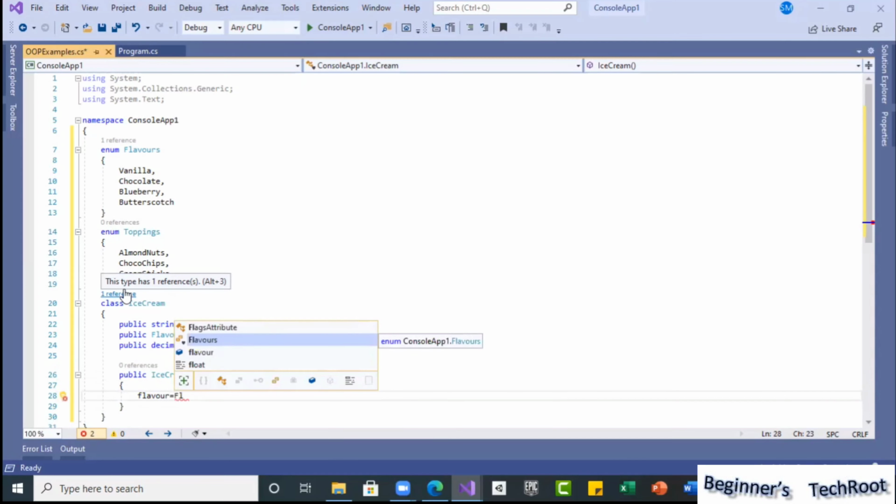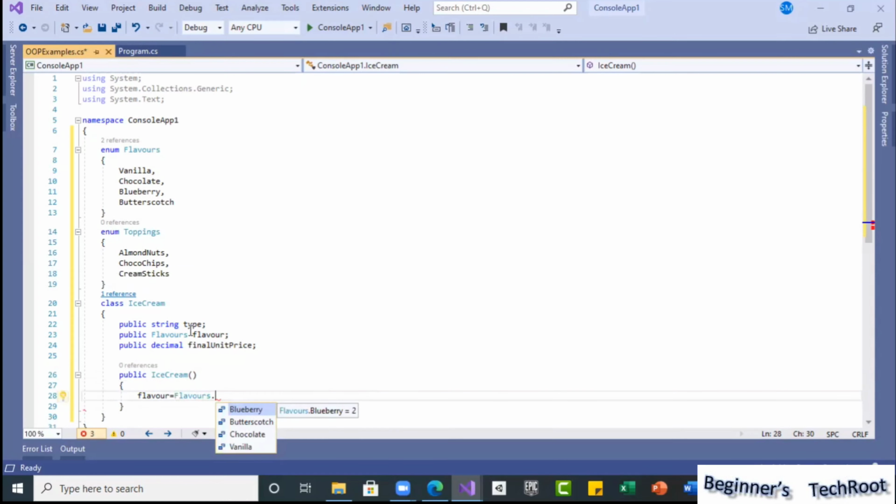how we can assign flavors: the type we defined is the enumeration type, dot. This is the type, the field we defined for the flavor as an enumeration type. If I put Flavors dot, see now the choices will be there, so the enumeration helps to pick exactly the options we are going to provide instead of entering something. That is the reason. For example, as the default, I am taking vanilla if I don't give any choice.